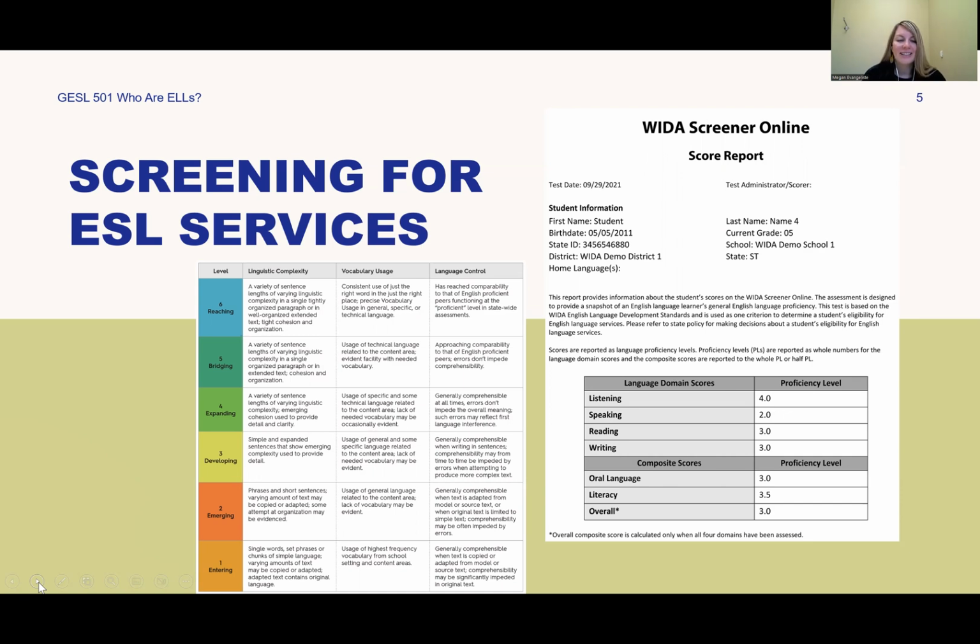So if you look to the image on your left, you'll see we start at the bottom. Entering level is 1. So that means that students have very, very limited English proficiency, maybe no spoken or written or reading in English whatsoever. That chart or rubric goes all the way up to 6, which is native like English proficiency. So we'll be reviewing this rubric more in the future. So just to give you an insight, the student